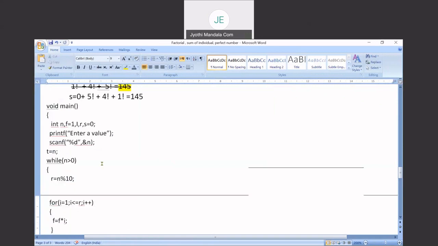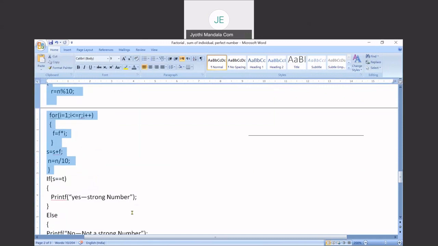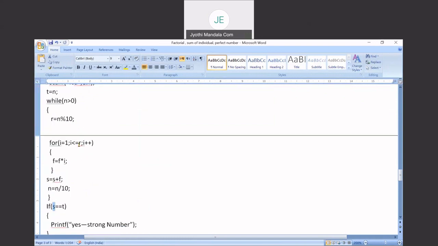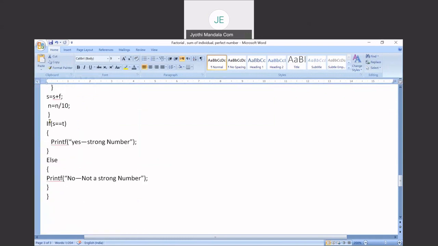Again, the loop should be repeated for all the individual values. Now finally, we have our sum value in S, and this sum value needs to be compared with your original value which is stored in t, and we are comparing these two. If both are equal, then we will be displaying yes, it is a strong number, or else it is not a strong number. Right? Is this code clear to you all?